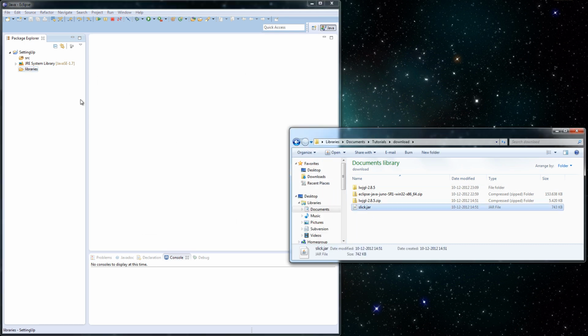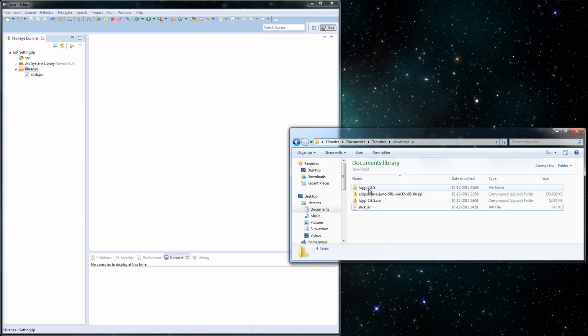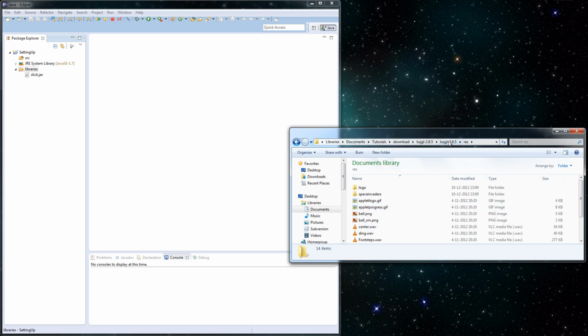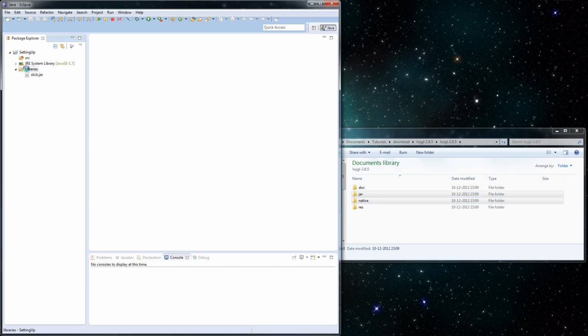So first, that is the Slick2D library. There we go. And then the Lightweight Java Game Library. We don't actually need everything from this. We don't really need the resources, and we don't need the documentation. So all we need is the jars and the natives, and I'll explain what these two are later. So we paste them here, and what we have now is our resources here, and we still have to tell Eclipse or Java